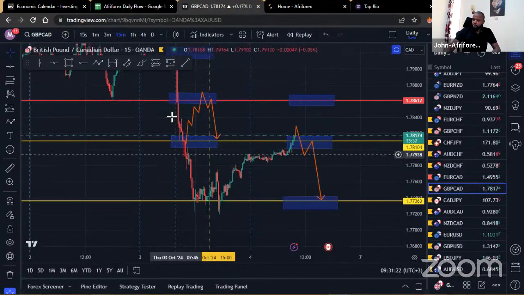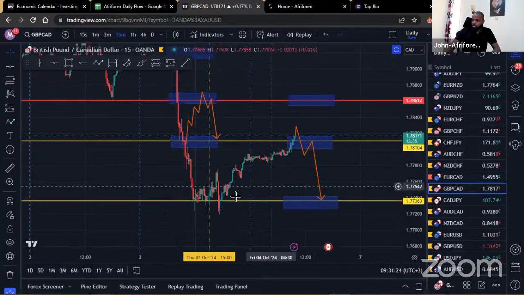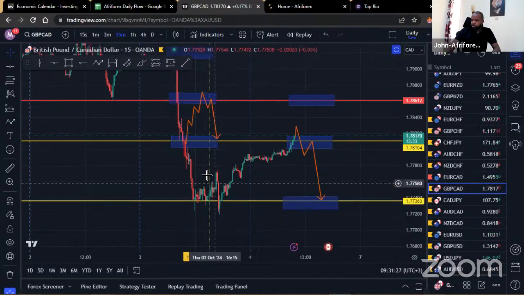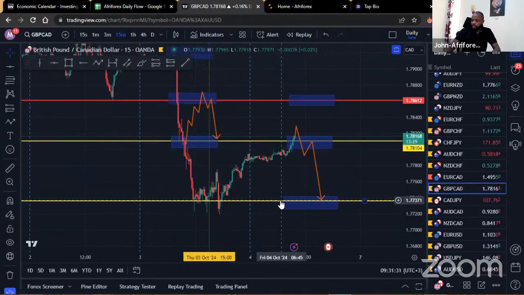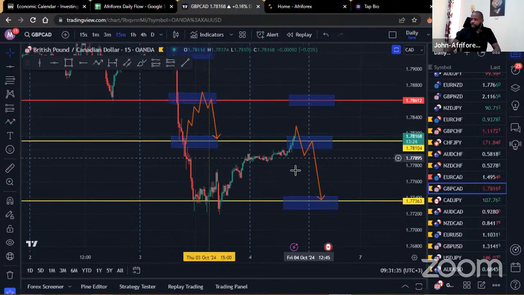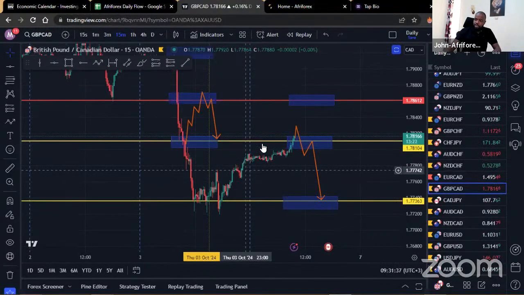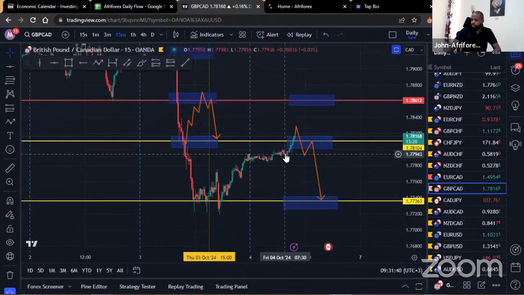You could find that maybe even the pullback could be deeper. That's why we have this region. And definitely lots of guys who are hitting sells, especially within this region right here, and the market starts to move to the upside. I think they've been thrown into some serious confusion. So maybe even they've started looking for the buys, which is good. Let's see how far they can go with those buys.